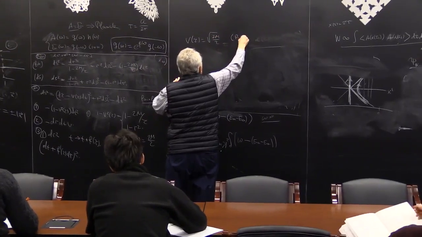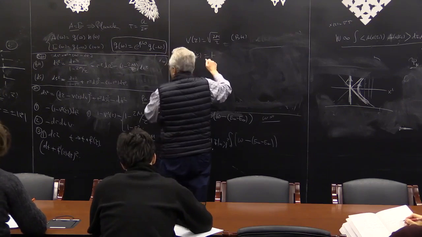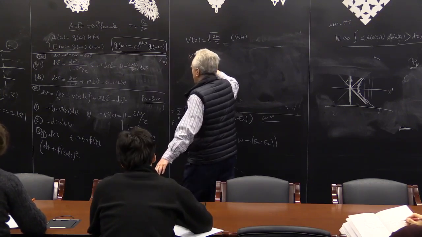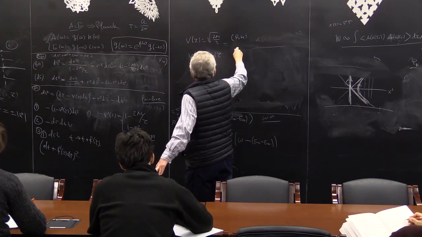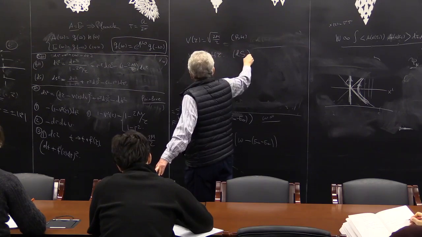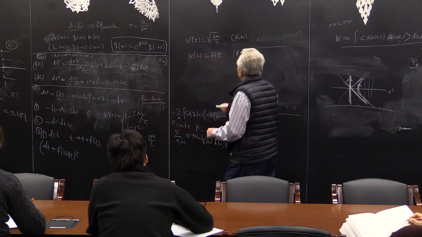This is the case of the black hole, and V of r is simply r, or if we introduce the Hubble constant, it's Hr for the de Sitter space. This describes the expanding space,